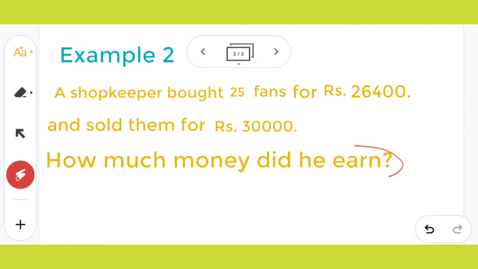More than this, the main keyword I can say to find the subtraction problem is, you see here, bought and sold. Bought means buy, sold means sell. So buy and sell are opposite words, like good and bad. Same way, bought and sold are opposite words. If opposite words come, then surely this problem is a subtraction.